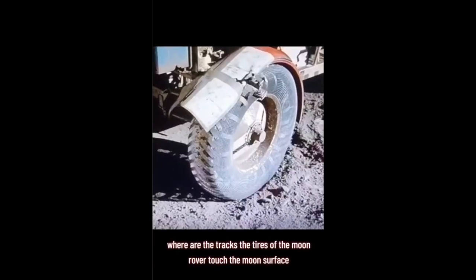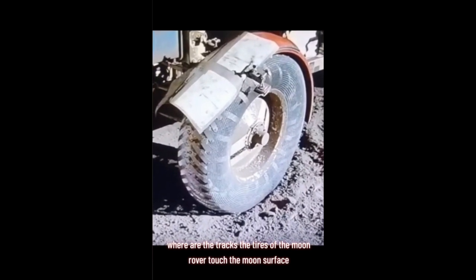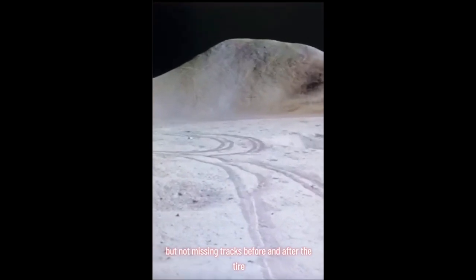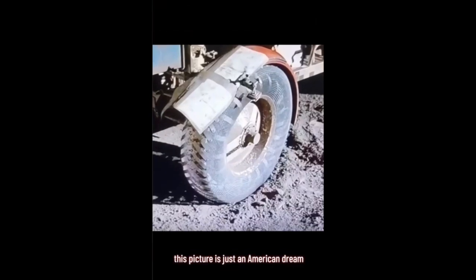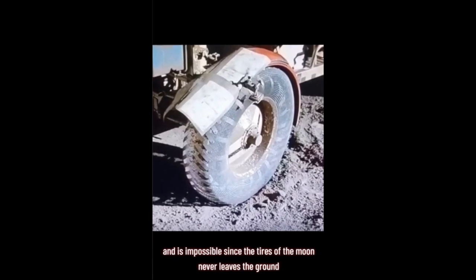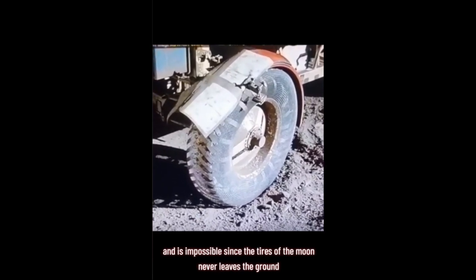Where are the tracks? The tires of the moon rover touched the moon surface. The tires touched the ground and then they rolled away. Since then the tires never leave the ground. Like on this original footage. Tracks all around the moon surface should be visible all the time, but not missing tracks before and after the tire. This picture is just an American dream and is impossible since the tires of the moon rover never leave